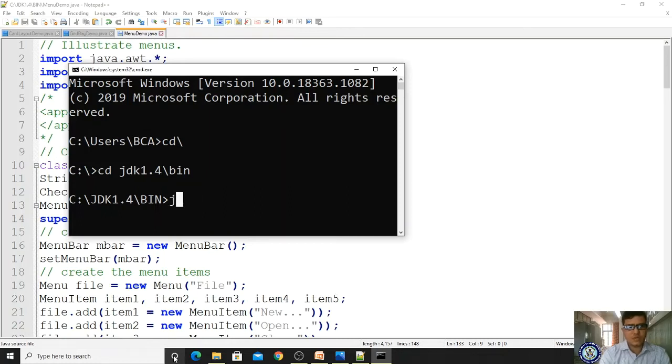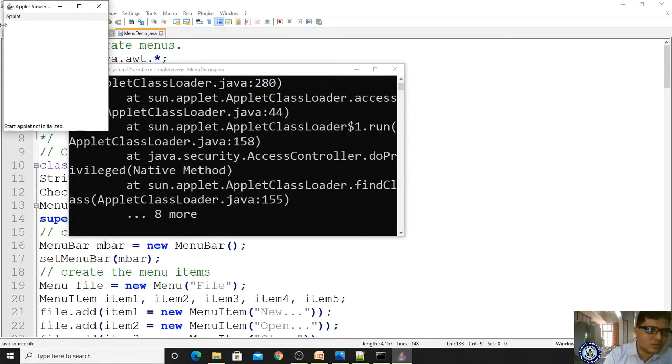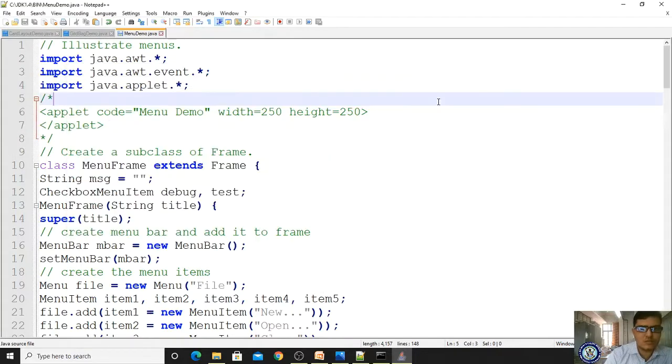Sorry, compile: javac menu demo.java, appletviewer menu demo.java. Applet started but not initialized. So let me change it with y.